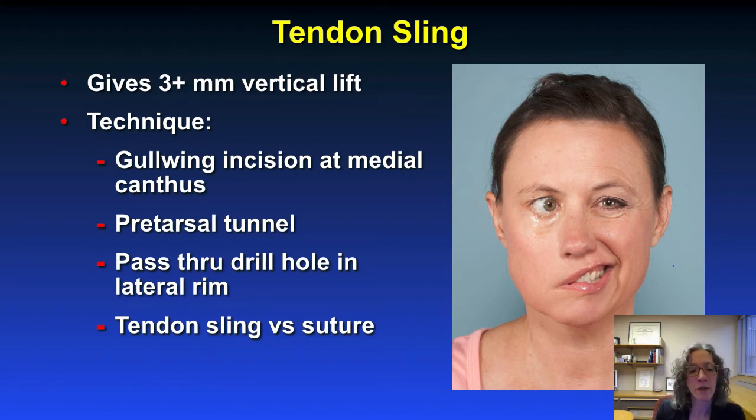And I will illustrate this in a surgical video, but essentially we're making a gull wing incision at the medial canthus, a pretarsal tunnel, passing a drill hole in the lateral rim, and then taking a tendon, the palmaris longus tendon from the wrist, a portion of that tendon, although suture can be used as well, but the tendon really is the perfect tensile strength, stringing it through that lateral rim drill hole into the pretarsal space and then around that medial canthal tendon to give us an excellent elevation